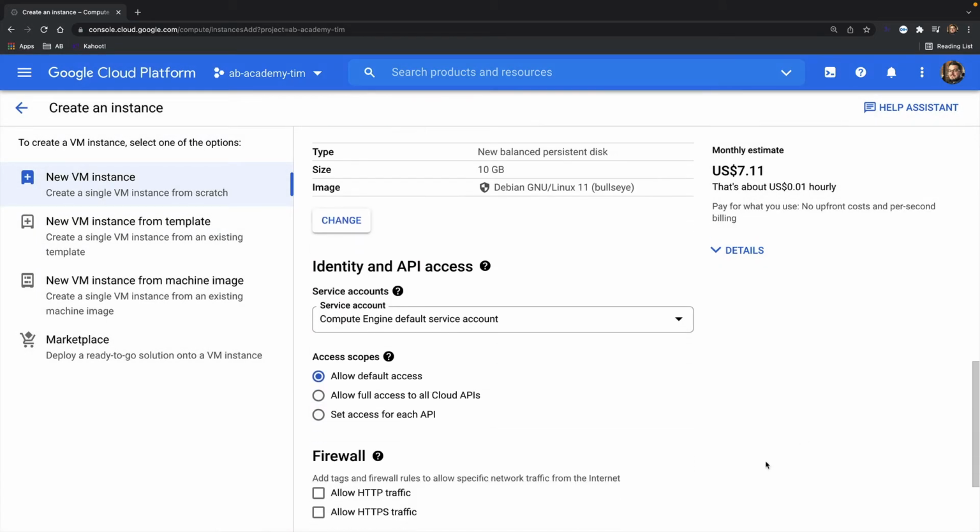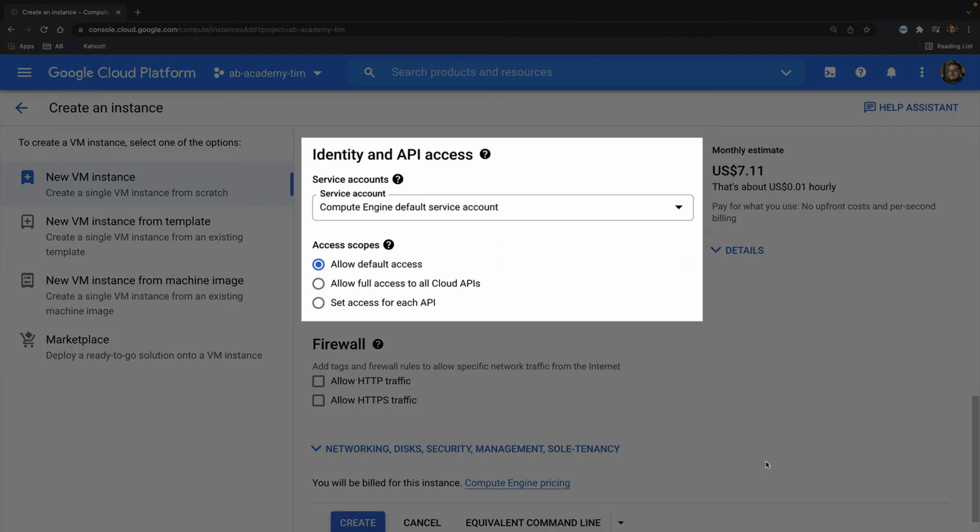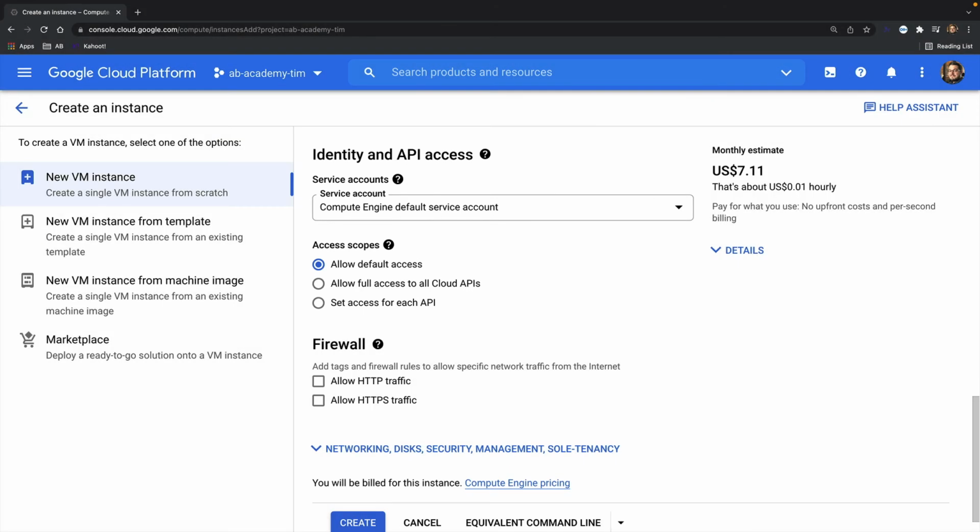Now, an important thing to take note of is this Identity and API Access section. This is just a primer video, so I won't go into too much detail, but every Compute Engine instance runs with an identity in the form of a service account. You can think of a service account as basically a non-human user in your Google organization.